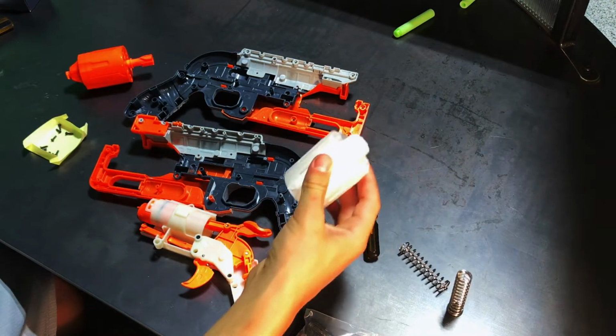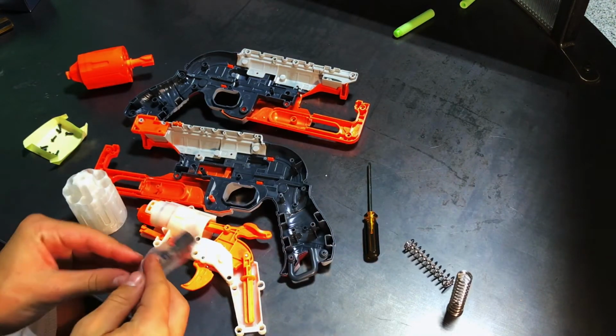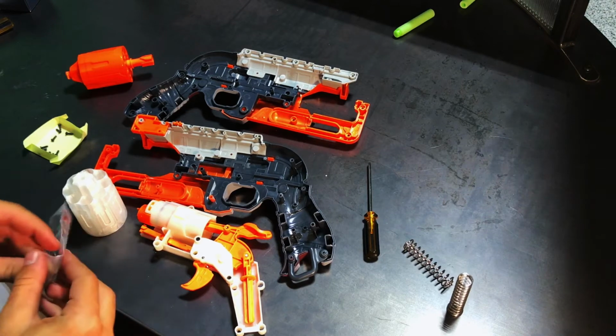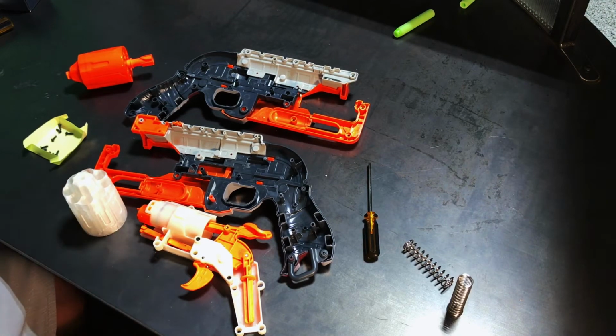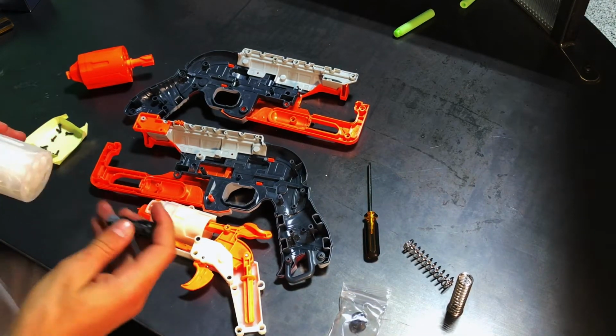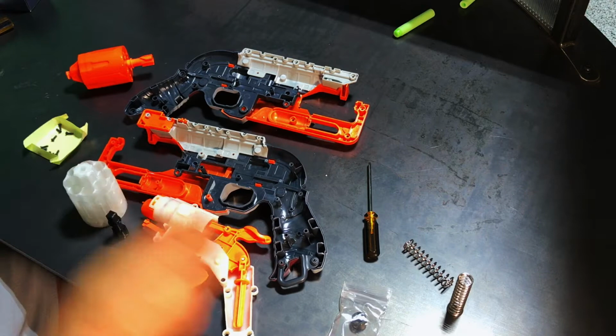Now with the 3D printed part, it also comes with a few things. It comes with this barrel twister so that it can twist evenly at 8 spaces rather than twisting at 5. Here, this thing goes in the back there. And then it also comes with